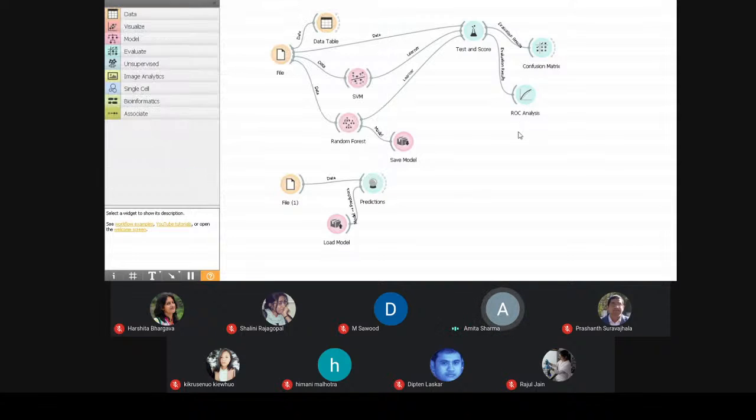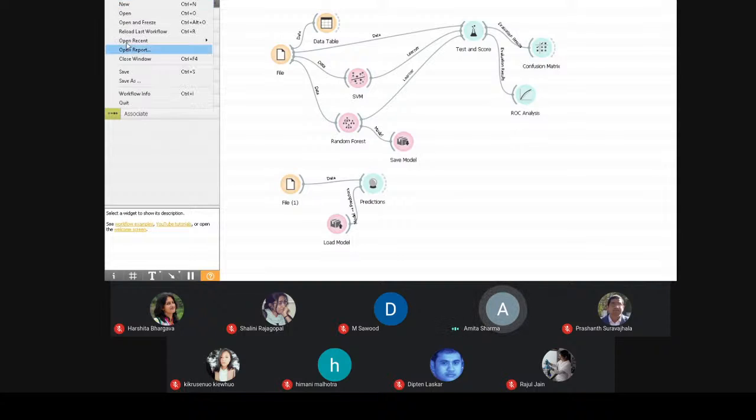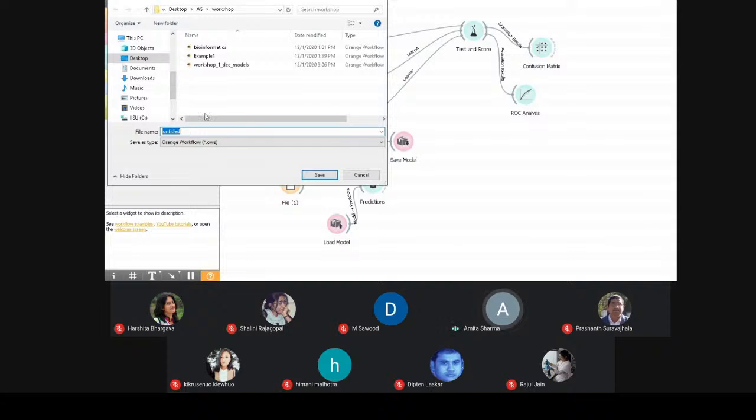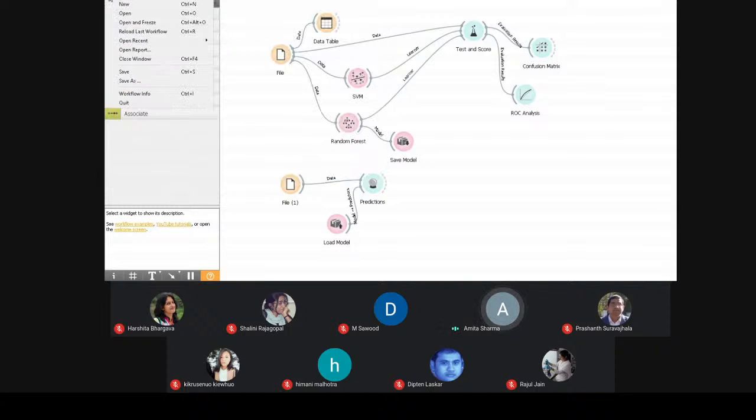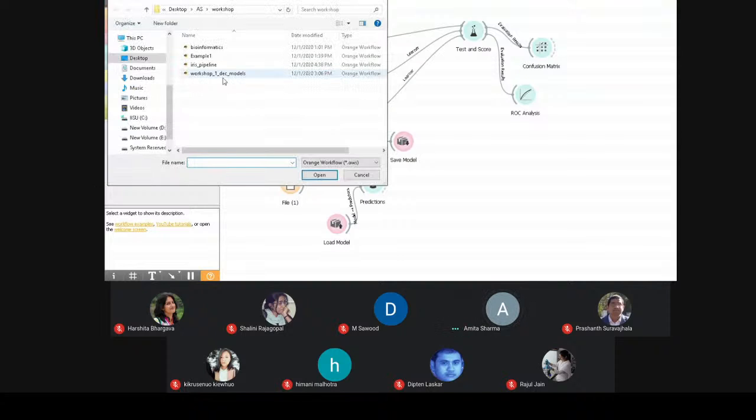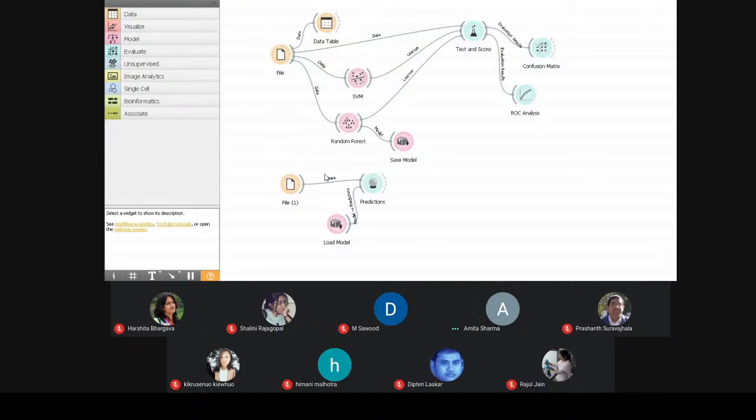One more important thing: when you are designing this pipeline, you can save it using the File, Save As option, and you can save that pipeline with your name, for example Aris pipeline, for your future reference. Now, if I want to demonstrate the drug target interaction model, I will just open it.